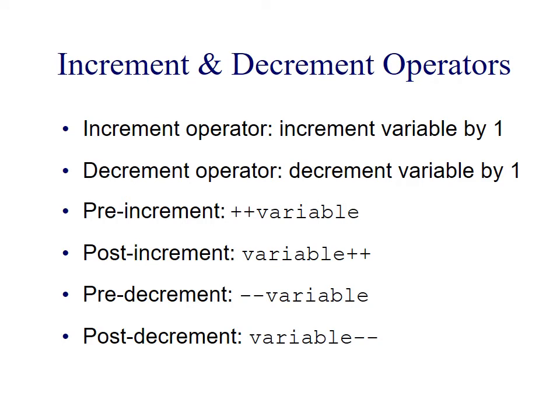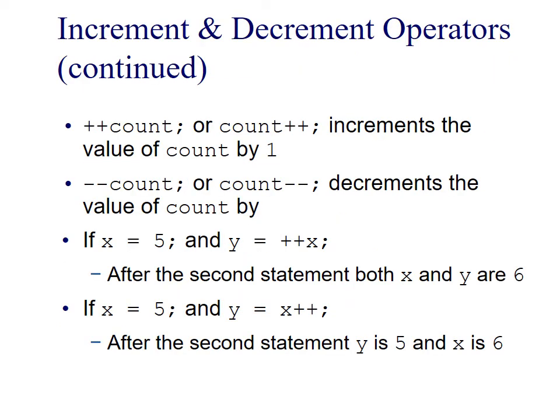Increment and decrement. Now increment means plus plus, especially increasing a variable by 1. Decrement means going back, minus it. Now there are pre-increment and post-increment. The only difference is in pre-increment, when we call plus plus, we change the value and display. If I call the variable, on the screen I will display the value of the variable. Now in post-increment we will first show the value, then increment. The same goes for decrement also.